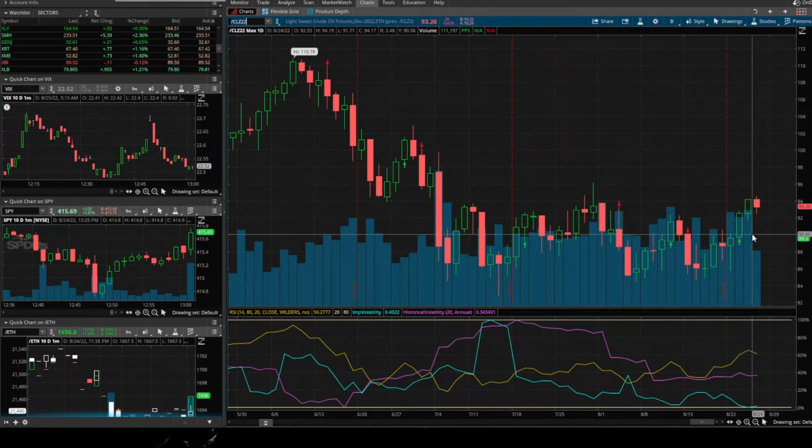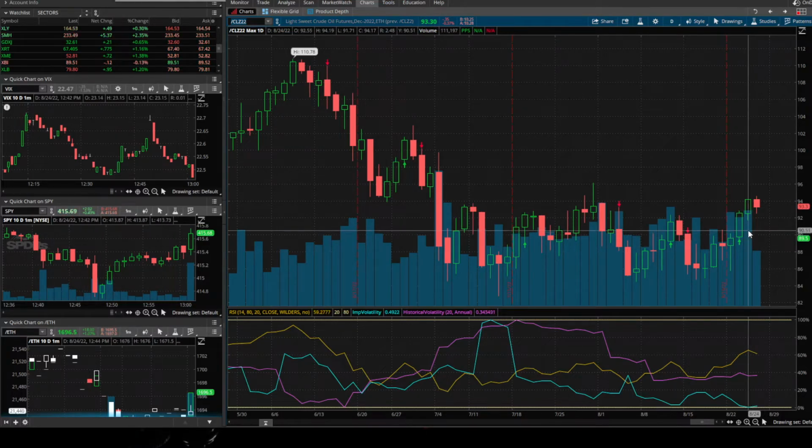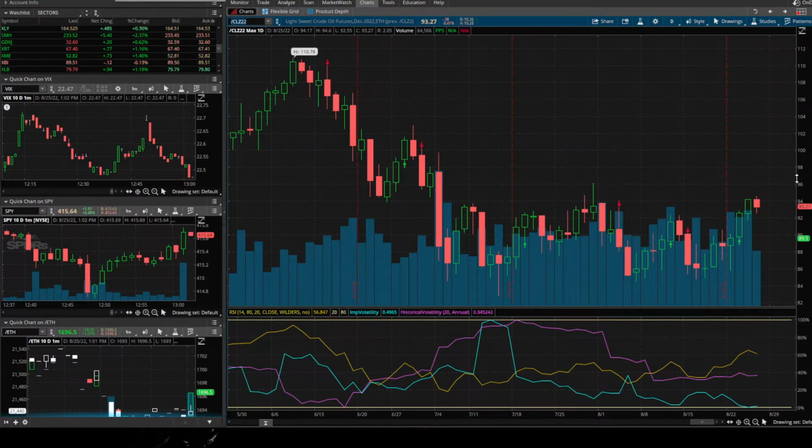If it makes that higher low, which I presume it will around 90, just because we have a lot of short puts and a huge put OI at that level, we could see those puts get sold off, causing oil to go up right as it touches and grazes that 18-day moving average. And that is where I will go long with some call spreads on the December contract of crude oil or on USO, whichever gives me the best skew.